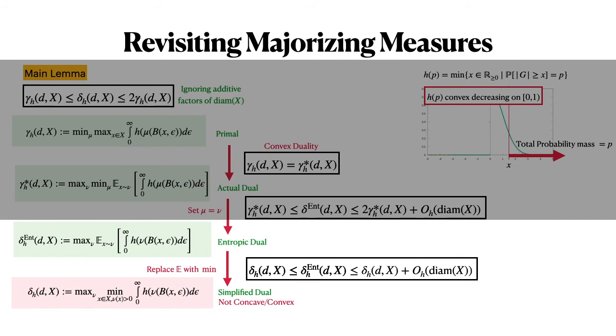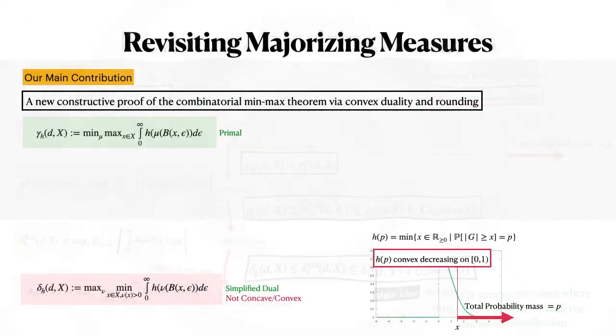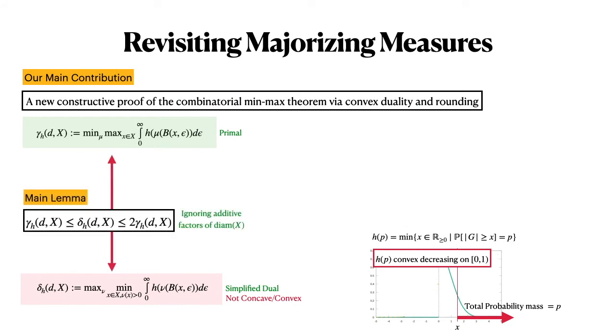So for the next statement, where we replace the expectation with the minimum to get to the final simplified dual, I'm not going to go too much into it, but the basic idea is very simple. One just iteratively removes the values where the minimum is much smaller than the expectation, and then replaces the original probability measure with the conditional distribution. And one can show that this gives you another dual measure where the values of these two things are very close to each other. So this proves this approximate duality statement,